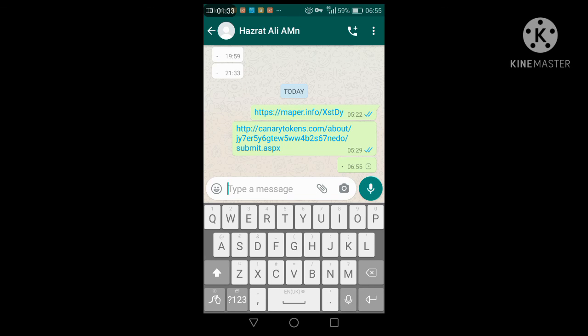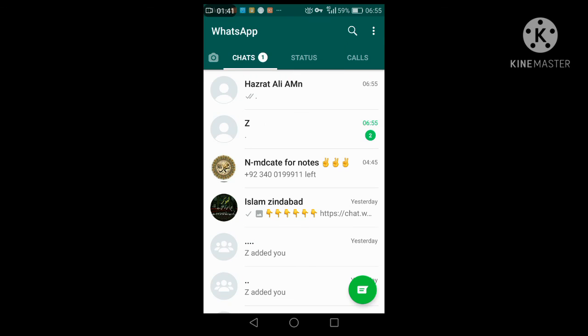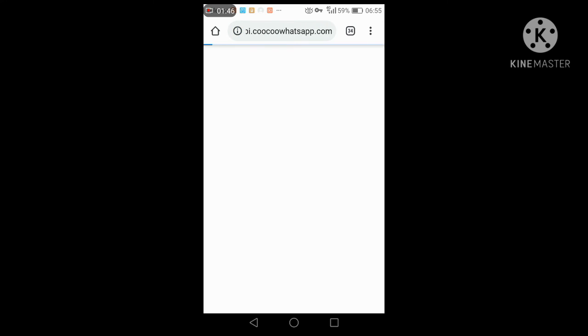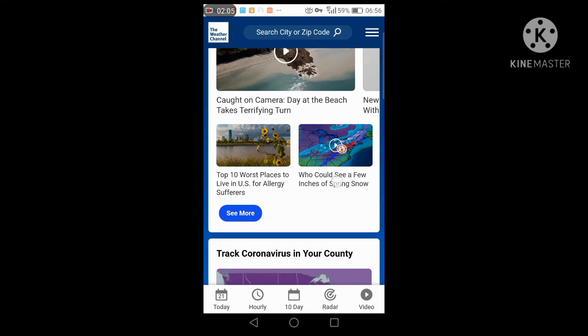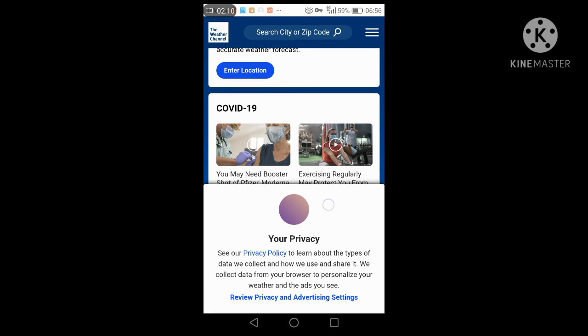How is it possible? Now you can see that I am sending a message to that person. My data is not working, but now I will show you. Yes, now the message has come to me. When anyone clicks on this link, they are redirected to weather.com. On weather.com, he will see and learn about the weather, and he doesn't know anything about what you are doing in the background. If he enters this website, you will see their location. So I again enter WhatsApp and check whether I get their location or not.